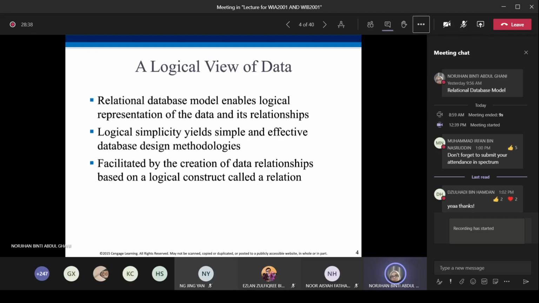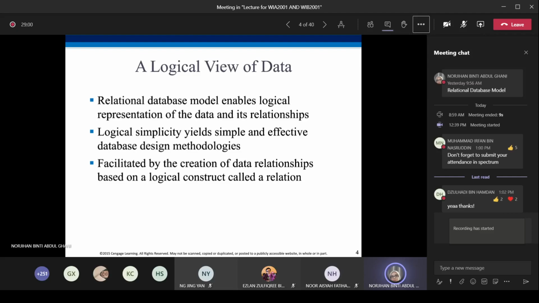So what is a logical view of data? The relational database model enables logical representation of the data and its relationships. It is how we represent the data before we implement it using a DBMS.